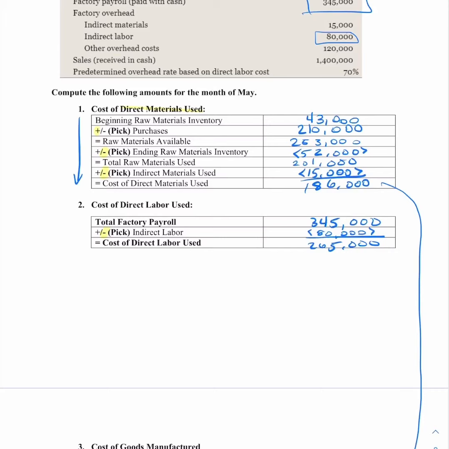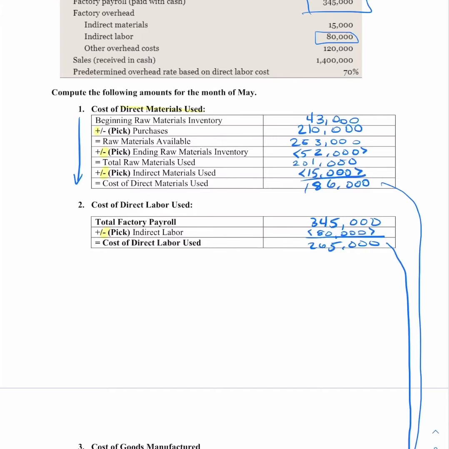Next, we need to add in direct labor, and that direct labor comes also from what we calculated earlier for $265,000. Now we need to add in